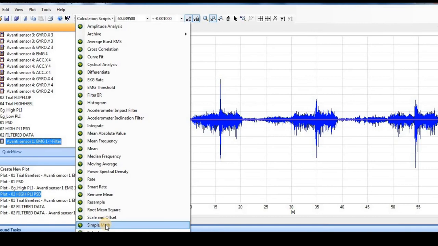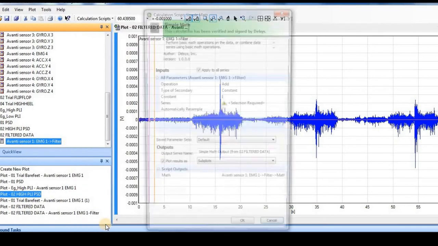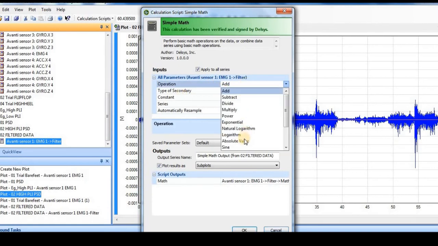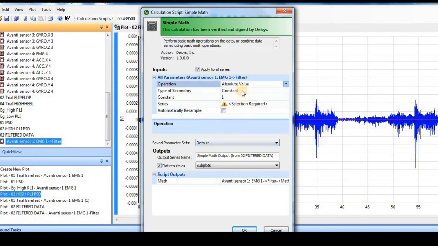We'll have to go to the simple math calculation script, and in this simple math calculation script there are different mathematical operations that can be done. This script itself says that it will perform some mathematical operations on the data or some data series that are combined and selected in these input parameters. So I am selecting here the absolute value.